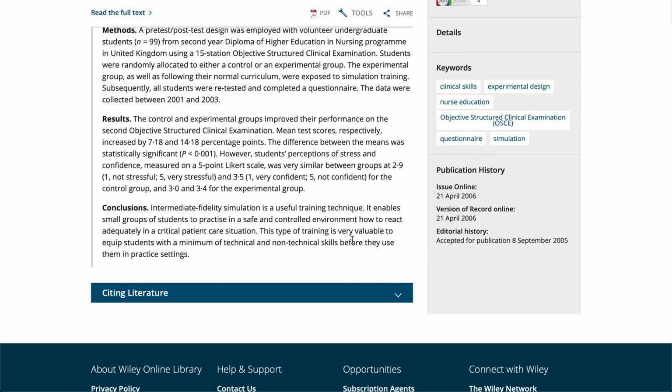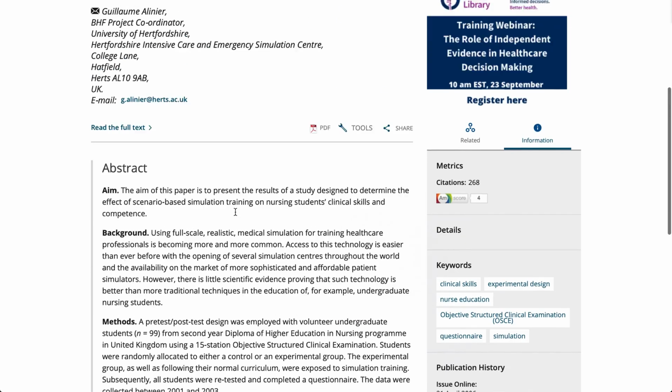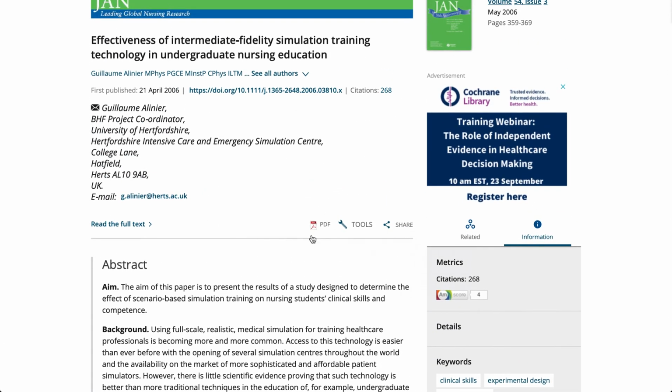Simulation is a useful training technique. It helps students practice in a safe and controlled environment. This type of training is very valuable to equip students with a minimum of technical and non-technical skills before they use them in practice settings. So I really want to research those results a little bit more. So I want to keep this and actually read it later and use that as one of my